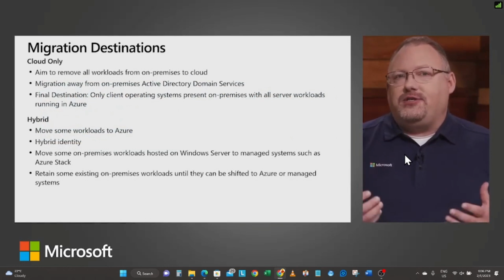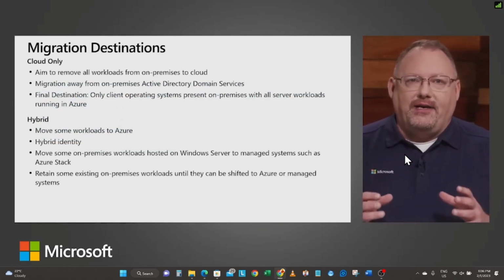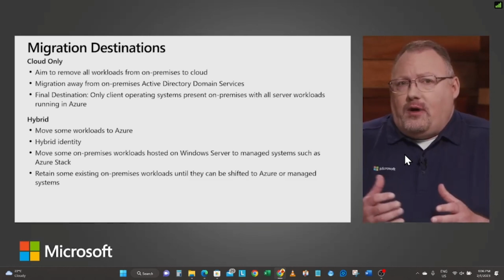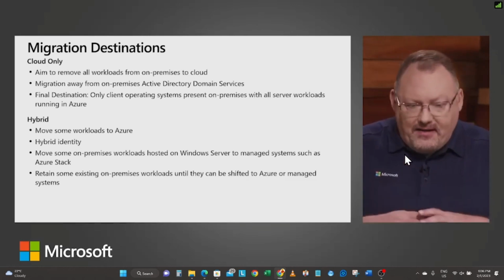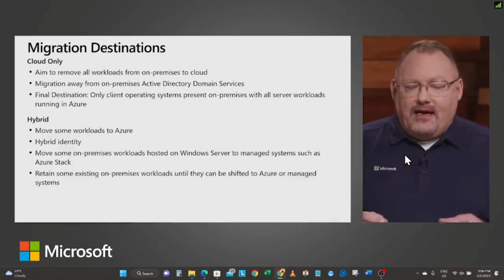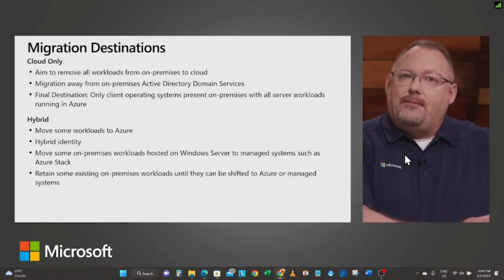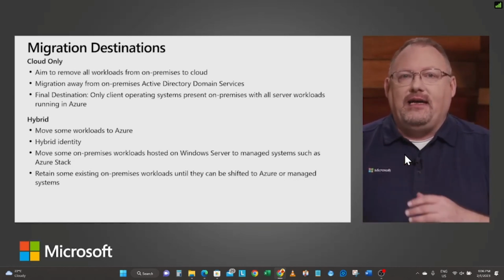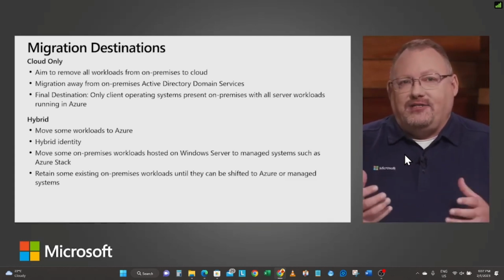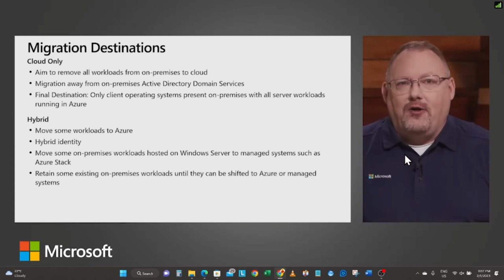And the first decision you have to make whenever you're planning to move something inside of Azure is, am I going to move it completely into Azure? Am I going completely just to the cloud? In other words, I'm going to get everything that's running on-prem and just move it directly into the cloud. I'm going to take it all, lock, stock, and barrel, and move it up.